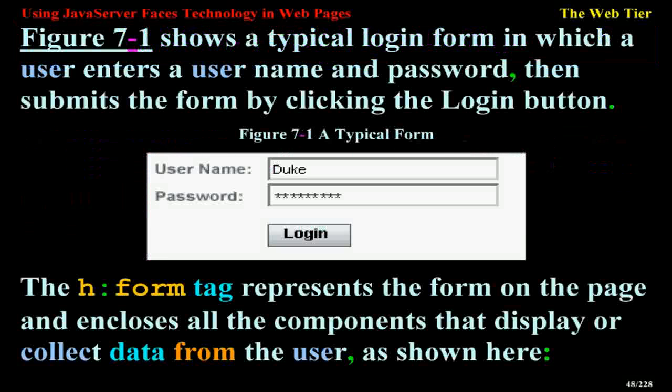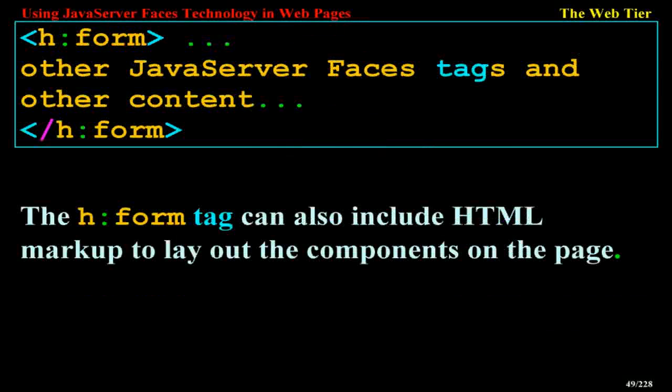Figure 7-1 shows a typical login form in which a user enters a username and password, then submits the form by clicking the login button. Figure 7-1, a typical form. The h:form tag represents the form on the page and encloses all the components that display or collect data from the user, as shown here. <h:form> Other JavaServer Faces tags and other content </h:form>